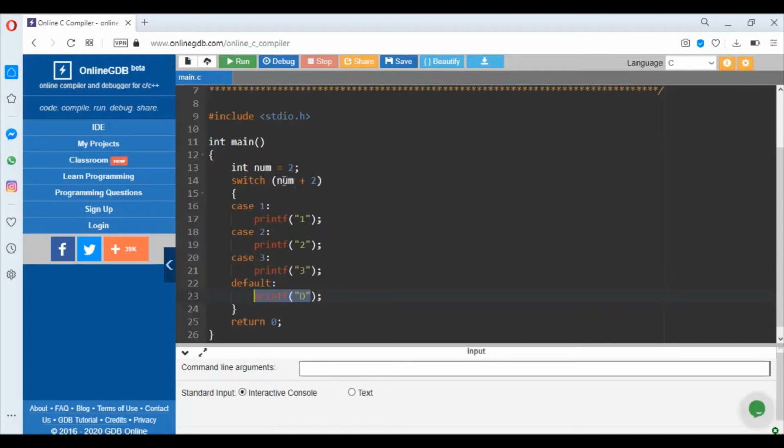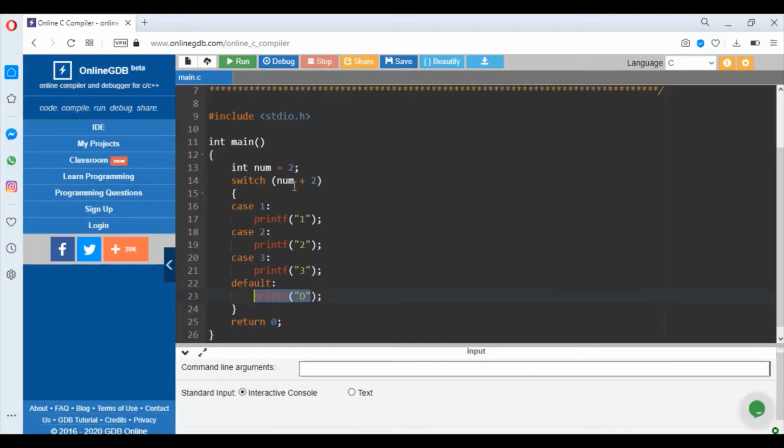So this value would be checked with each label, and that label which is matched would be executed. The statements below that case would be executed. Remember, the statements below that case would be executed, right?